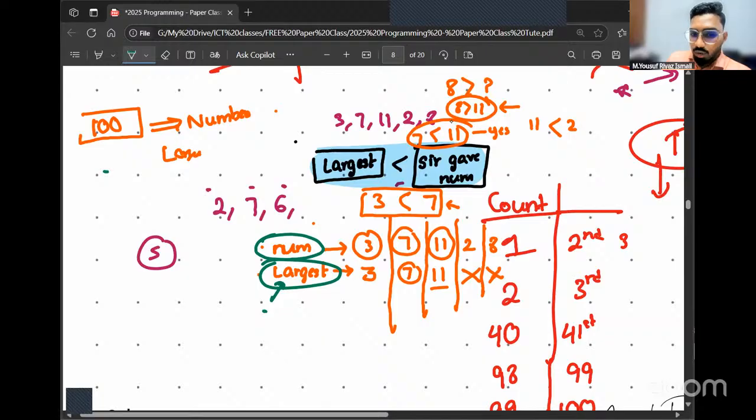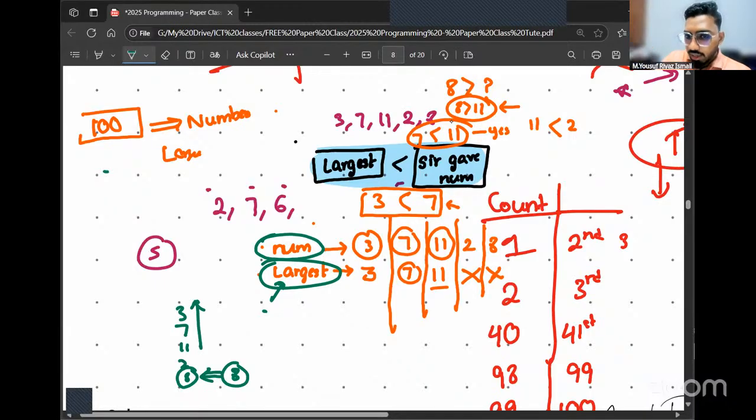Okay. If you notice, initially the value in your mind, you did not store all the five numbers I gave. Initially, if I ask you what was the number sir gave, you will tell 3. Then you will say 7. Then 11. Then 2, 8. Finally, if I came and asked you what was the number sir gave, you will remember only the 8. You will forget all the previous numbers I told you.